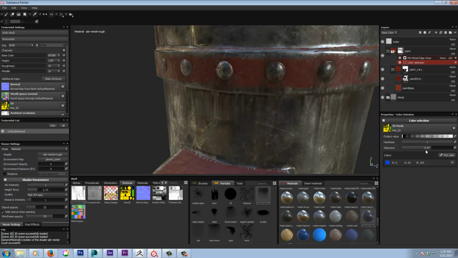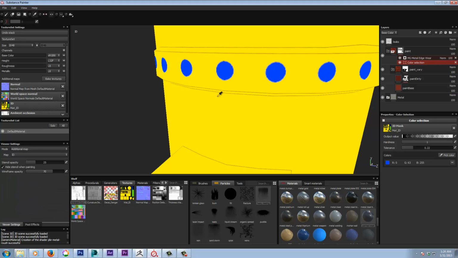It's not really affecting that, but what it's going to do is, you saw in the ID mask, if I go to pick color, these weird lines between the UV borders, the tolerance there just helps to spread it out to the very edge of the UV, so there are no missed pixels. So back to the leaks layer,